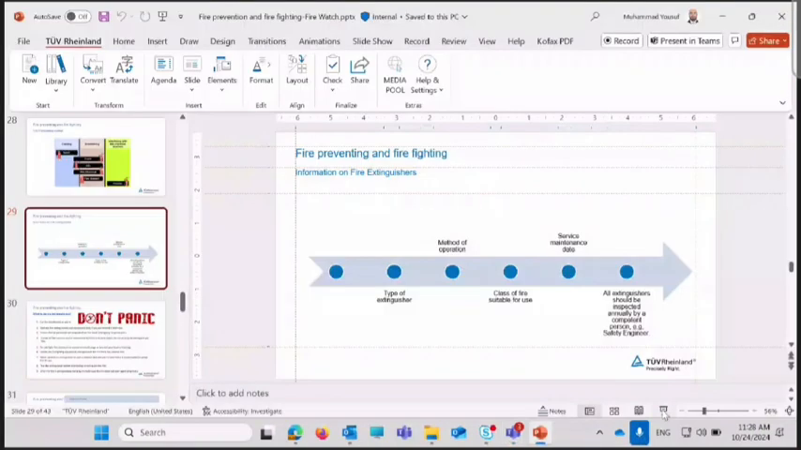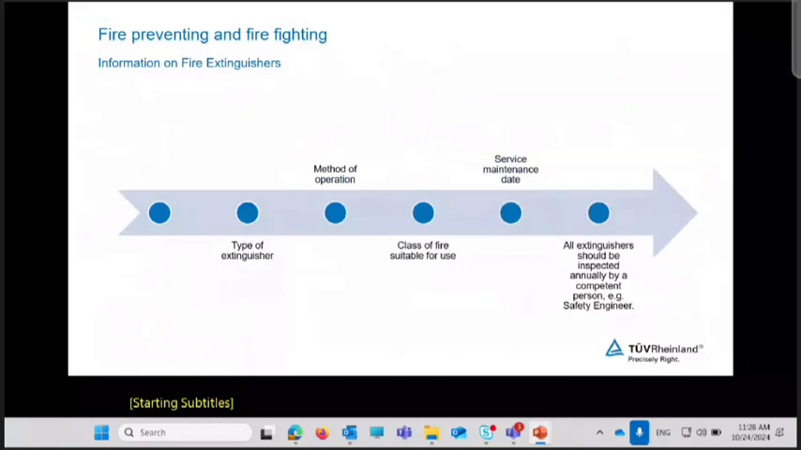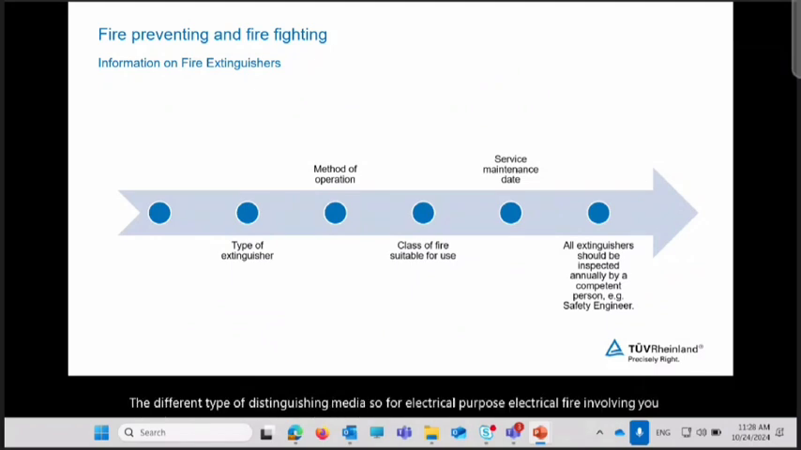Yes. We are discussing the different types of extinguishing media. For electrical fires, you can use CO2 for the initial purpose. And in substations, they have the arrangement